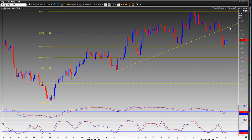If, however, I'm wrong, and we do push on, well, this trend line around the 111.30, 111.40 area looks like it should hold the top side now, and I'm guessing that would be quite a good selling opportunity if we reach that far. If you go back to the daily chart,